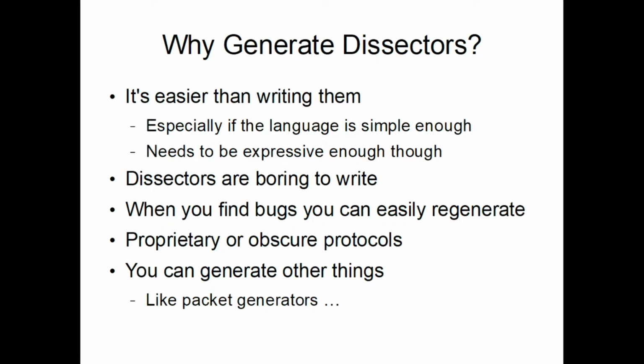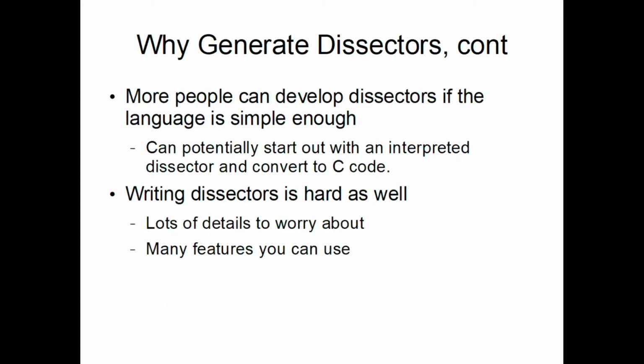So there are a bunch of advantages or other things that hopefully at some stage I'll be able to manage, and a lot of these ideas that I'm talking about are because I happen to work on protocols like SMB, NFS, and other protocols at work where I work. And as somebody else already mentioned, more people now can generate or produce dissectors, especially for their own environments where they don't necessarily want to release the code. And